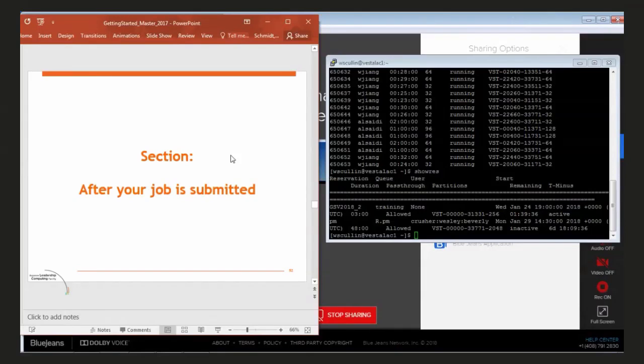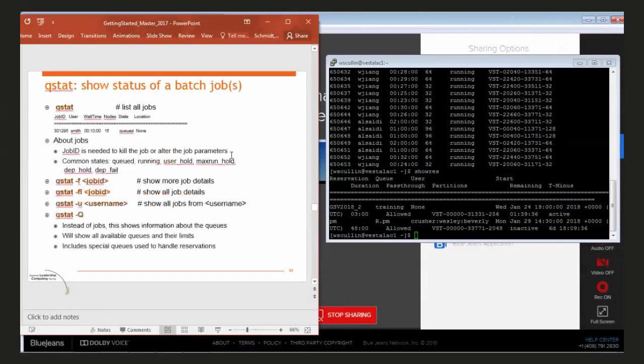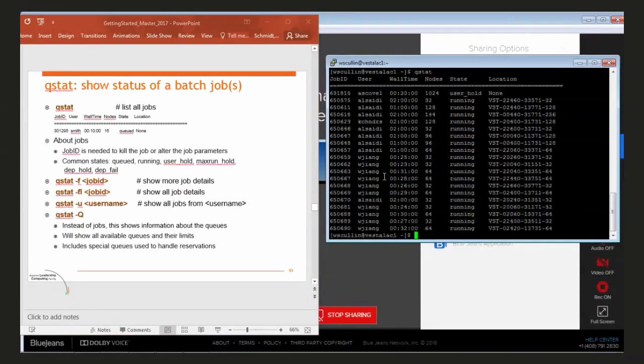Cool. So after your job is submitted, we mentioned QStat earlier. The most important piece of QStat, at least to me, is still the job ID. That first column is how you interact with Cobalt. You need to kill a job, alter job parameters. You can grab a job ID and take a look at it